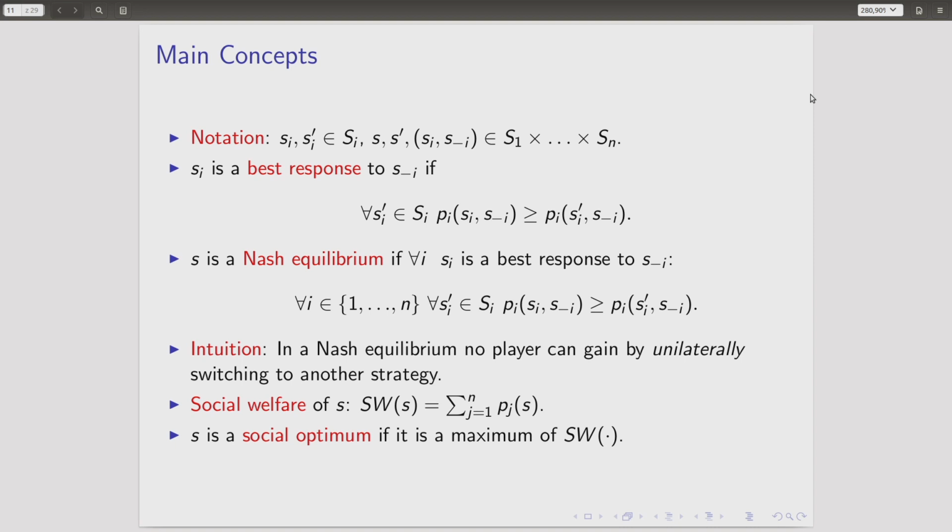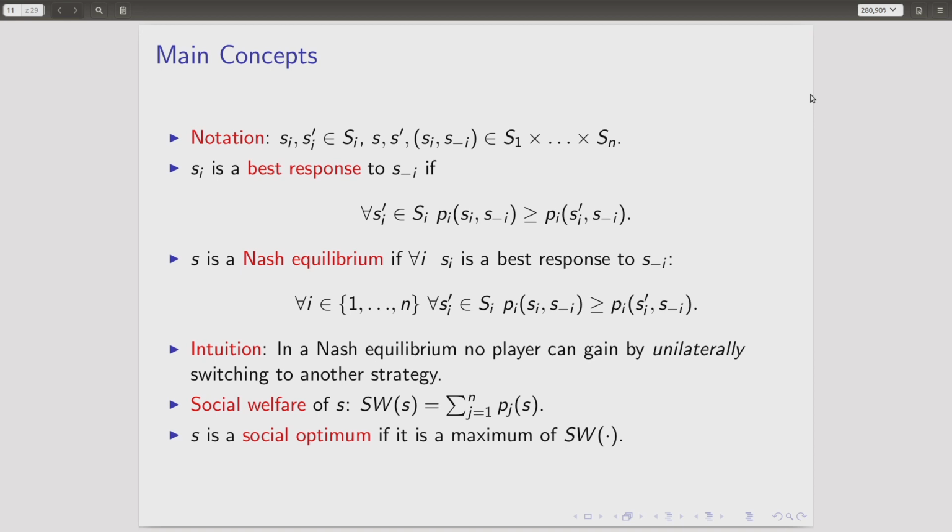Now all what you need to remember as a notation from this slide is S minus I. So S is a joint strategy. A vector of strategy is one per player. But if I want to focus on the opponents of player I, then I write S minus I. So if I have two players, then S minus I is the other player, okay? So this is a very important way of writing, and this first line is relevant because you will get used